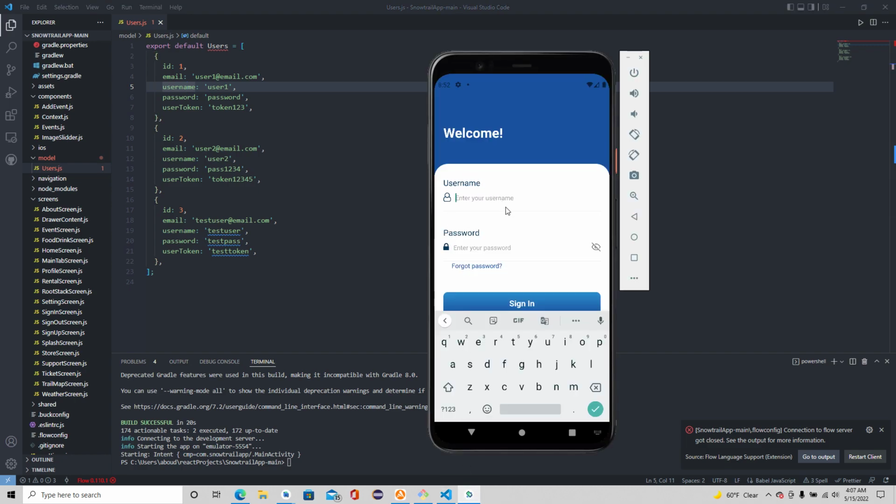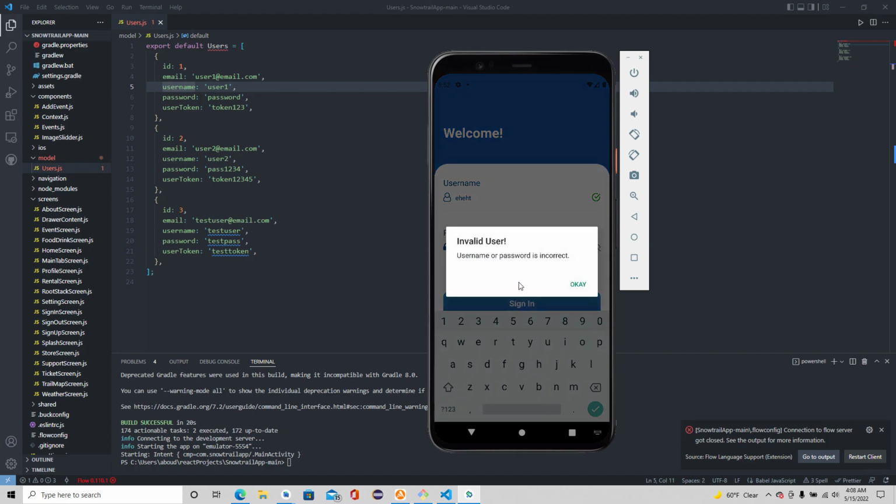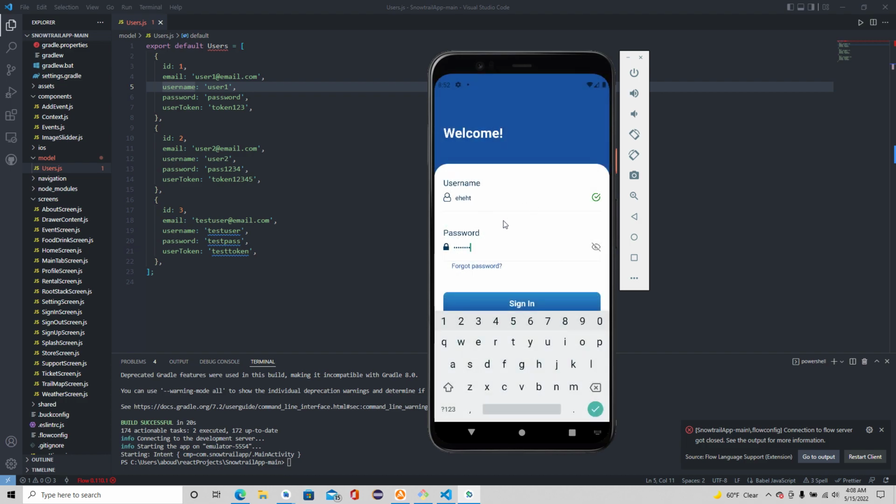Okay, so before signing in, for example, I will enter user information that is not in the code. So let's say I enter a random username and a random password as well. I can also hide or make the password visible. But if I were to sign in, it will give me an error message because this user is not available. Okay, now if I enter the correct username,